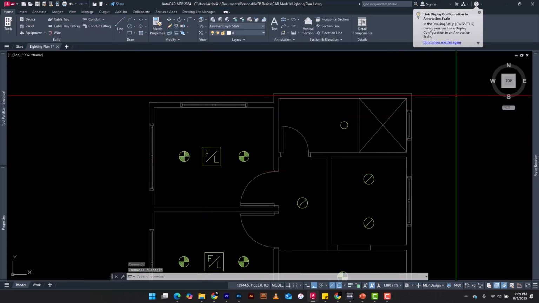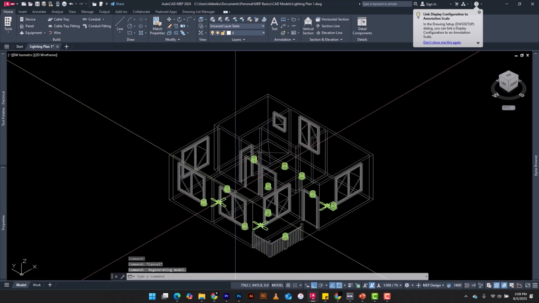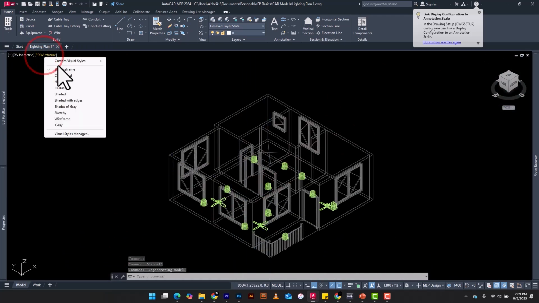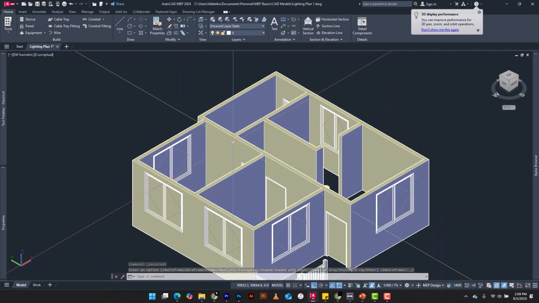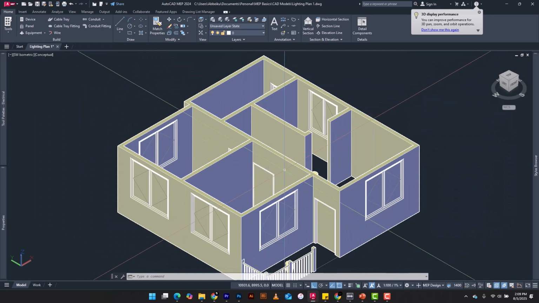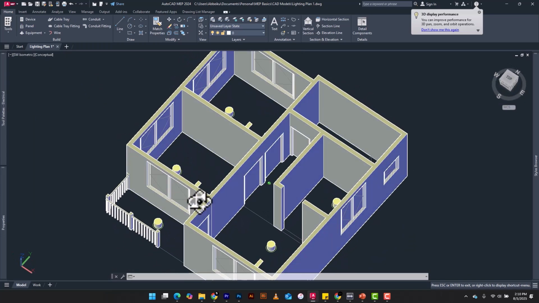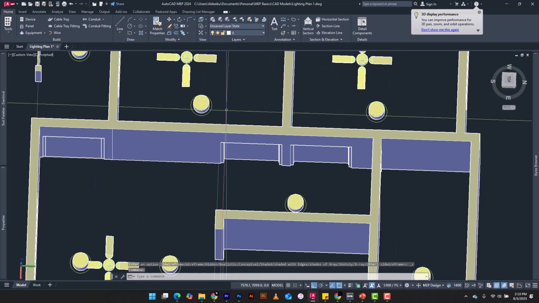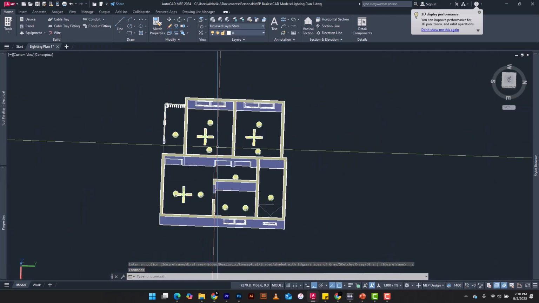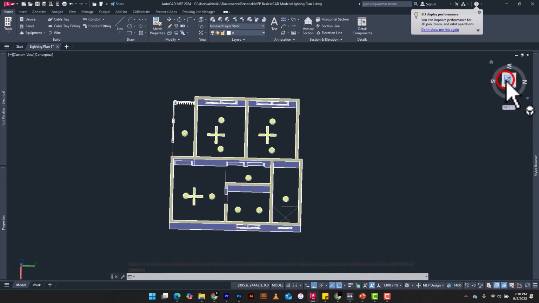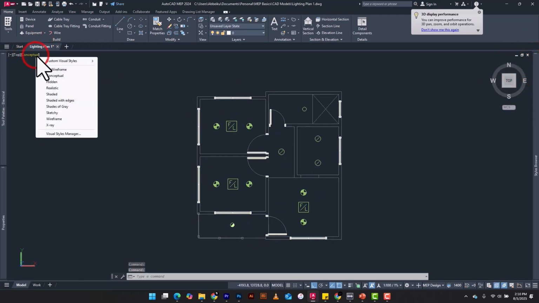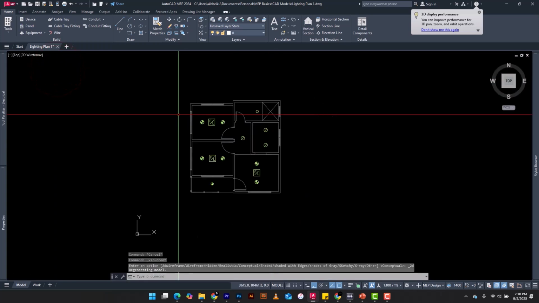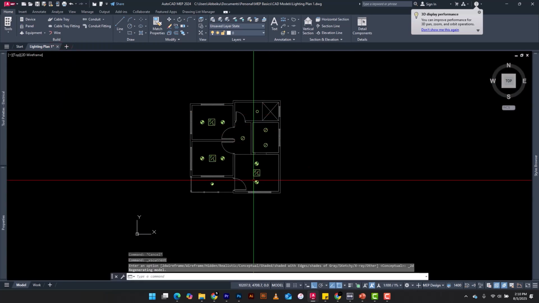Now let's visualize this in 3D. If you visualize this in 3D, let's go to conceptual. You see that this is the height of the building, but there are no lighting fixtures over here. Okay, and you see the lighting fixtures and then the ceiling fans on the floor. All right, that's not what we want. So I'll go back to the 2D wireframe, and then we're going to change the elevation of all the lighting